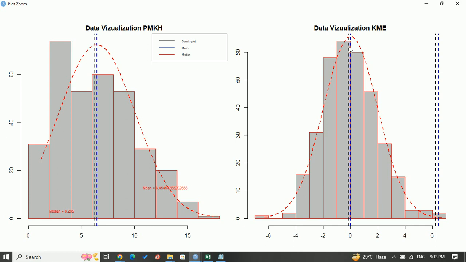When this will be perfectly on the middle, then skewness will be zero, and the kurtosis will be near about three, or it will be zero. Okay, then this will be completely a perfect normal distribution. Okay, now we will